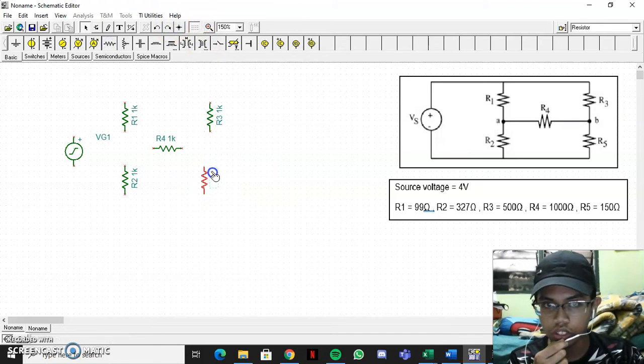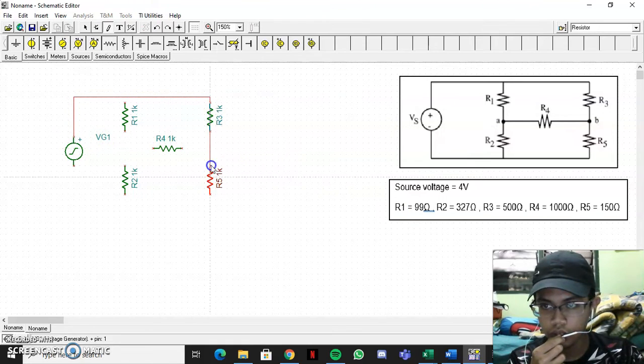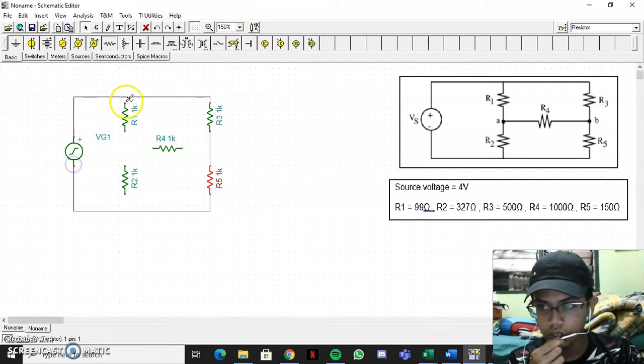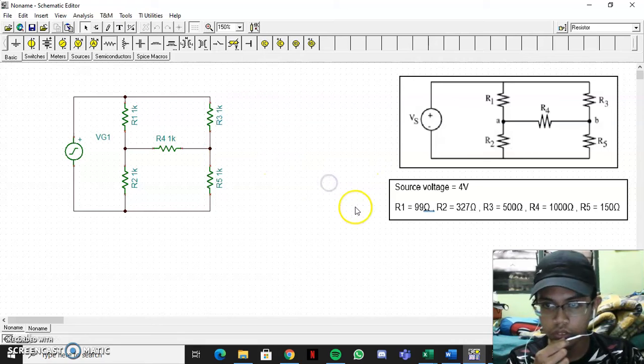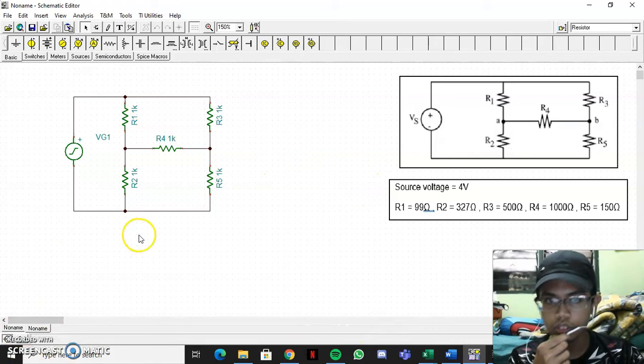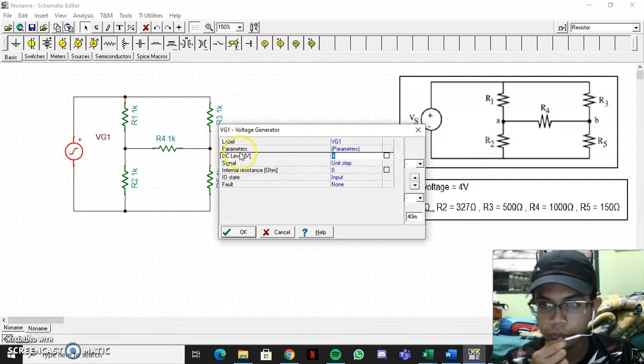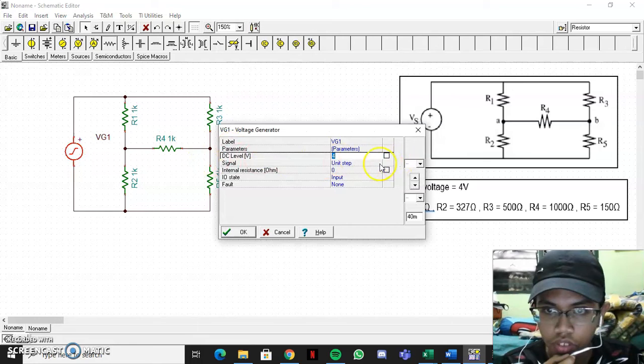So right now I will connect all the components in this circuit. So next I will put the value for each component.